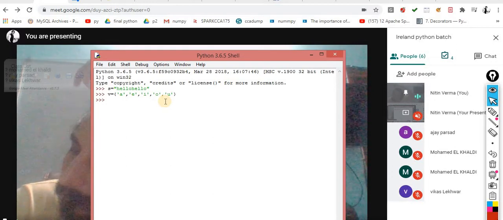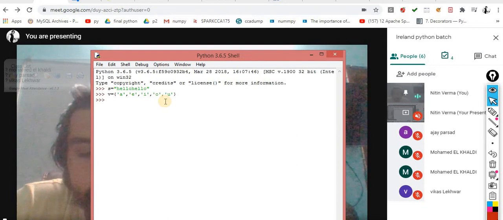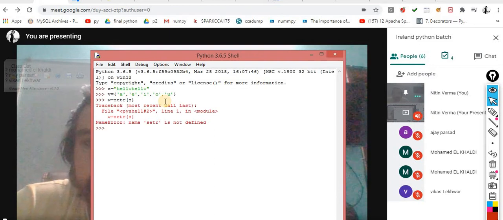Now first, let me convert this data into a set. So W is equal to set of S. I converted my data into a set first.